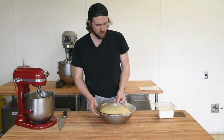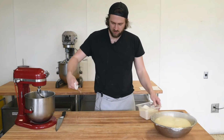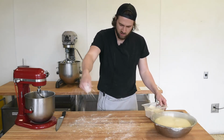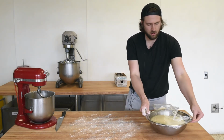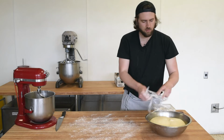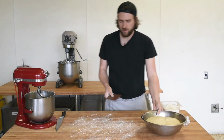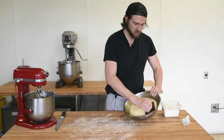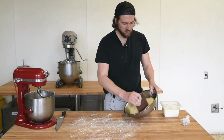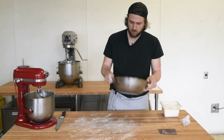And what we're going to do is on your table, set a little bit of flour out, not too much, just kind of a sprinkle here. And go ahead and open this up. Now it should come out pretty easy, but if you do have a spatula or a plastic scraper, you can kind of go around the edges real quick to help make sure it's loose, ready to come out. You can go ahead and just flip that